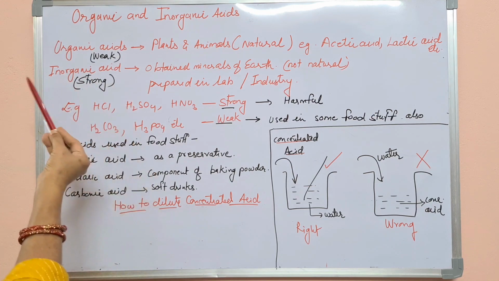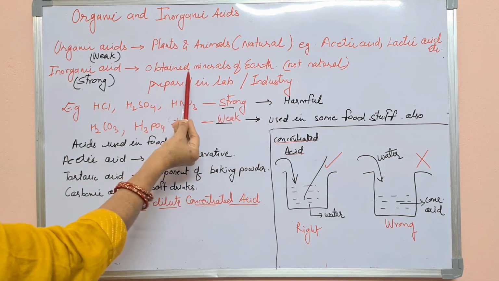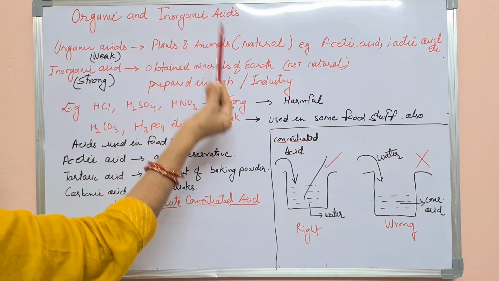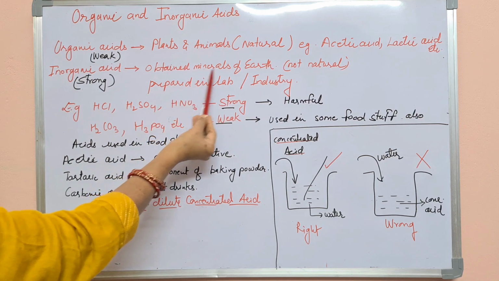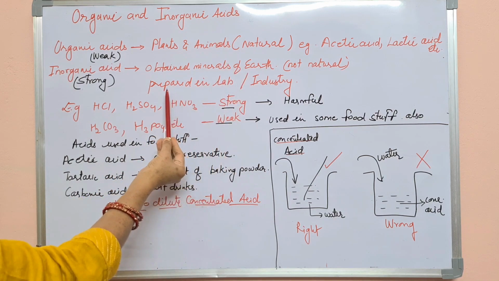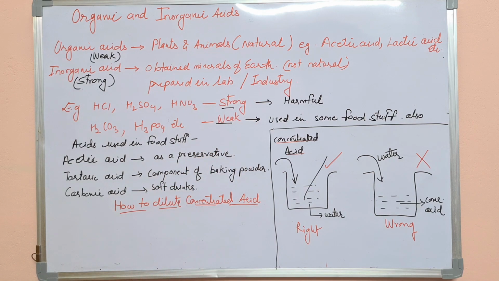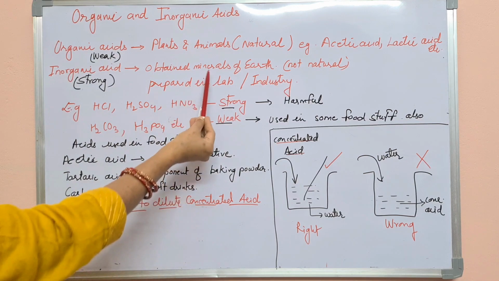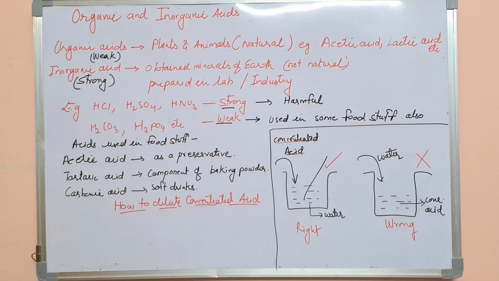Next is the inorganic acid. Inorganic acids are not naturally present, but they are obtained from the minerals present in the earth's crust. They are prepared in laboratories or industry, meaning they are not available ready-made in the earth's crust. Minerals are obtained from the earth's crust, and from those minerals these acids can be prepared in laboratories or industries. Examples are hydrochloric acid,